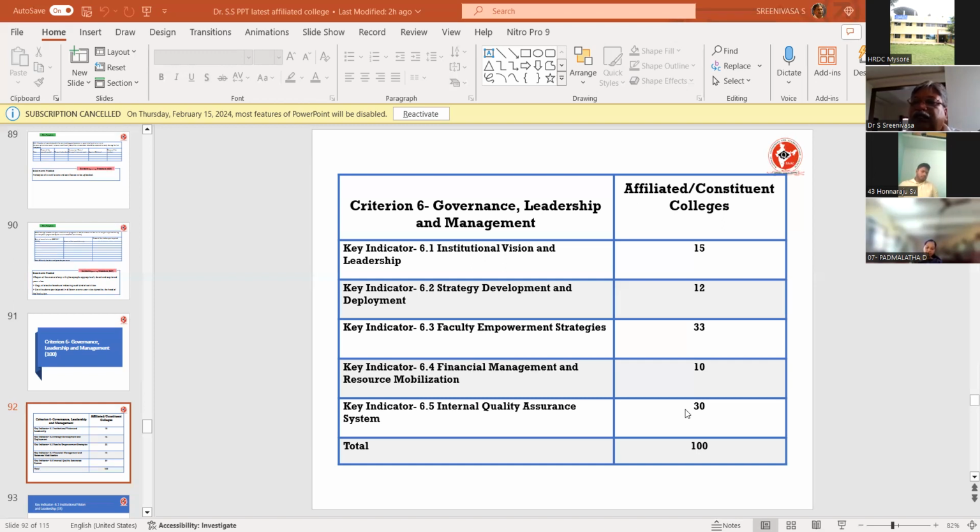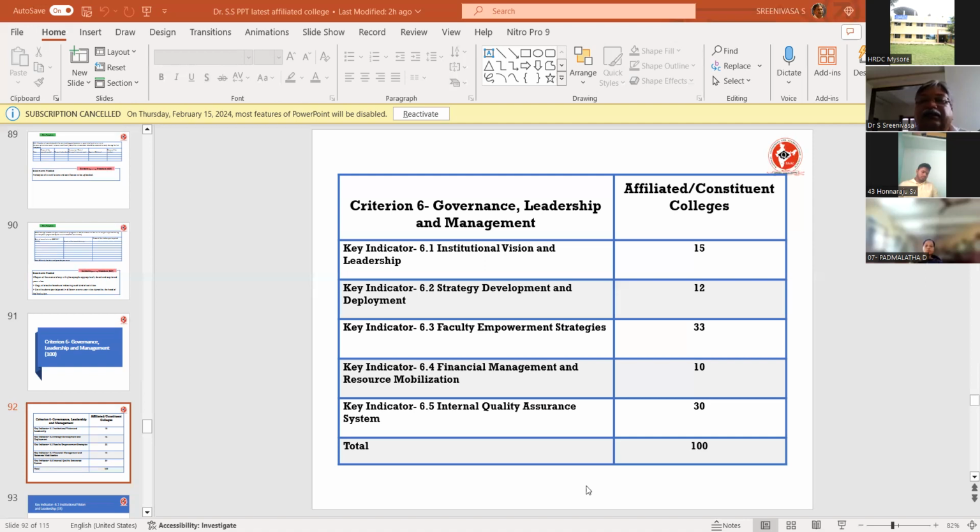So the person who is handling IQAC is very, very important. He should know the entire manual thoroughly. The requirement of the manual is very important, because nowadays rankings, grants, salary, whatever it may be, are all linked to the grade of the institution. Therefore, this IQAC person should be thorough, and he should know the day-to-day activities taking place at the different levels of the institution and organization. Then institutional vision, mission, etc.